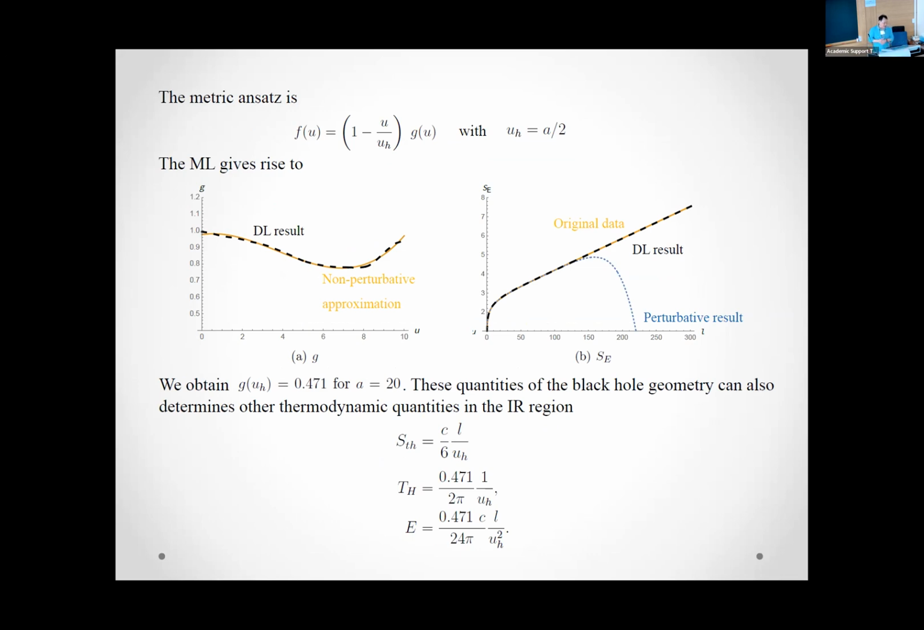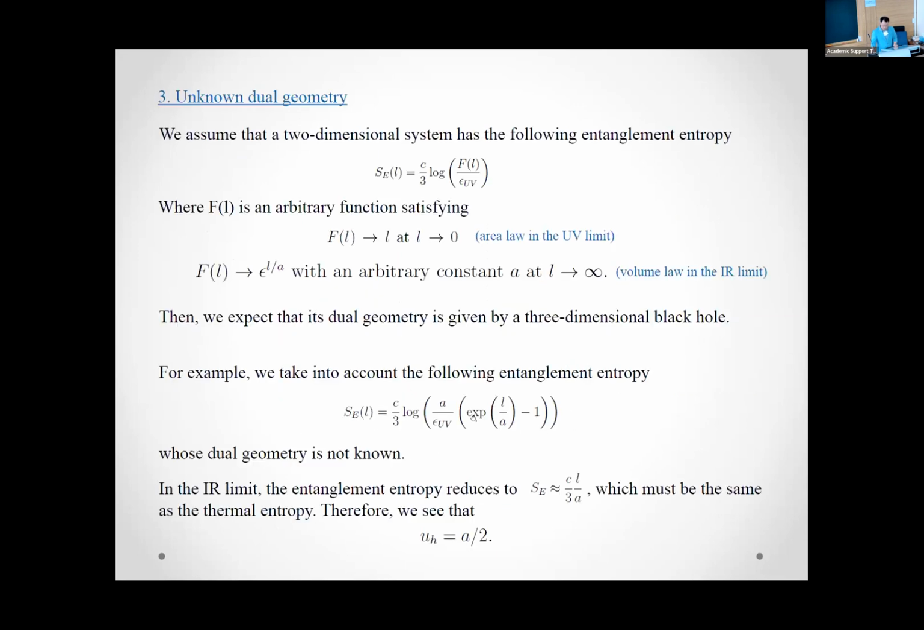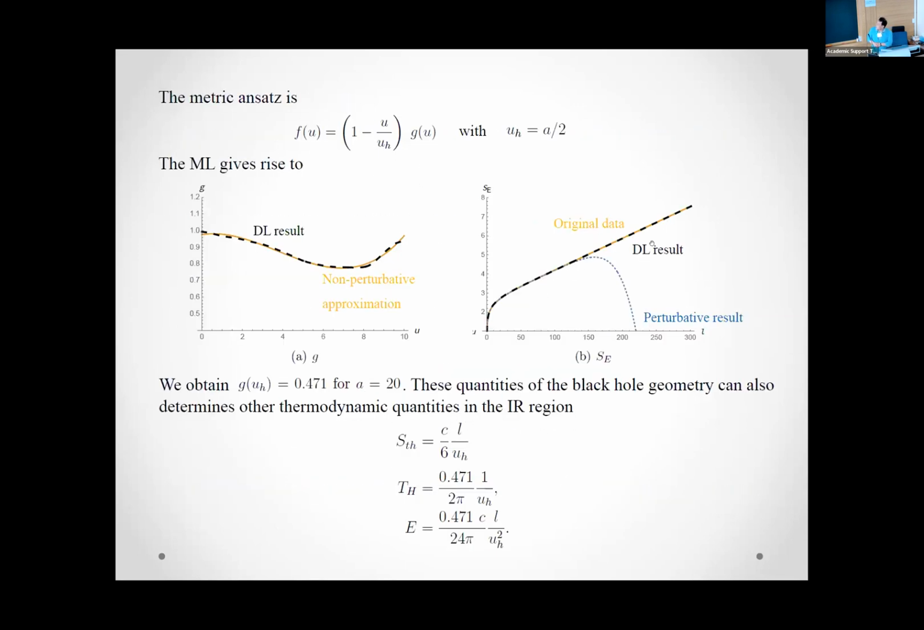Okay, applying this machine learning technique, this is the result. Here the original orange line is the original data, and the dashed line is the result of the machine learning technique. If we apply a perturbative technique, in this small region the perturbative result is also consistent, but in the large region the perturbative result is different from the real result, because in this region